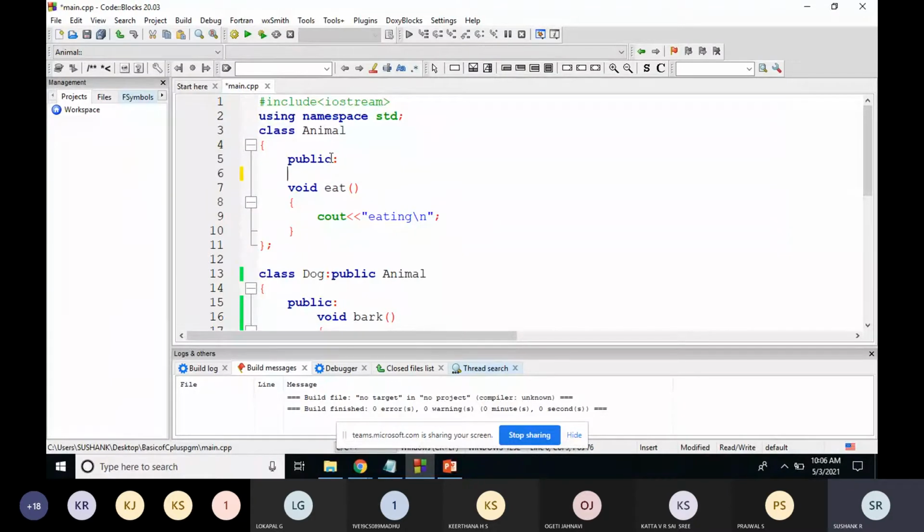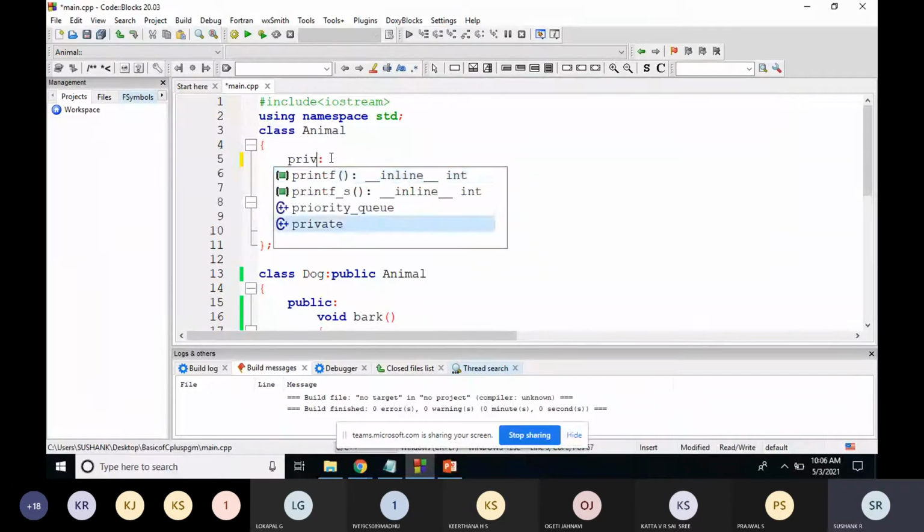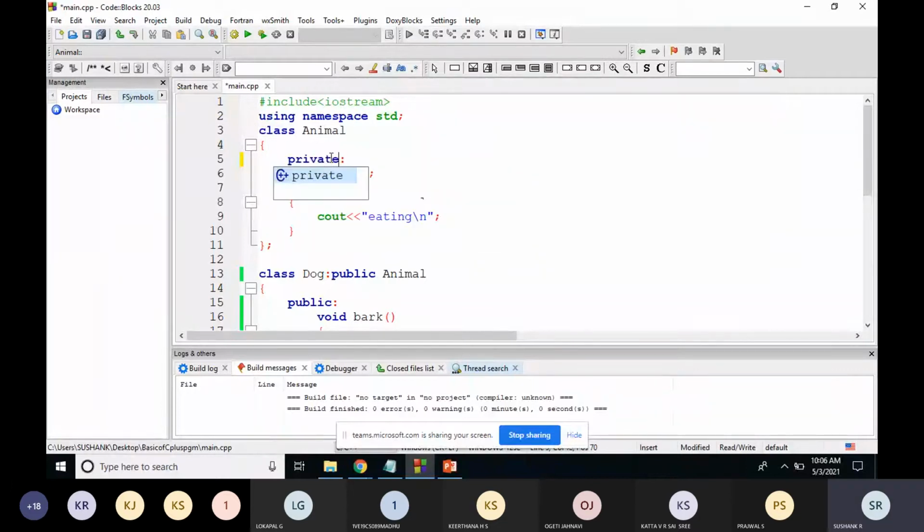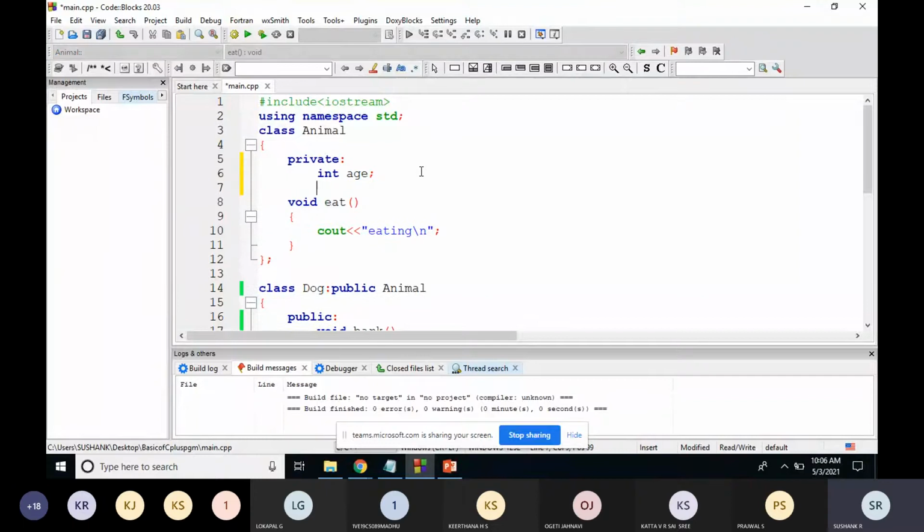For example, if I had made this variable age private, you know that this variable age will not be accessible outside this class.